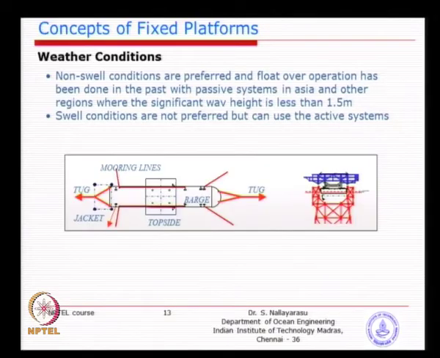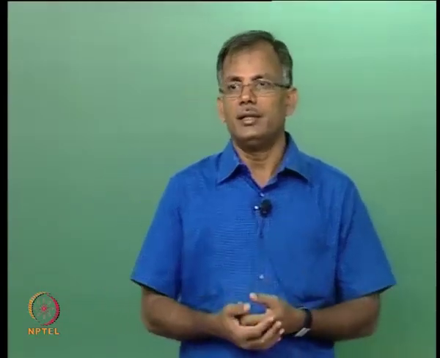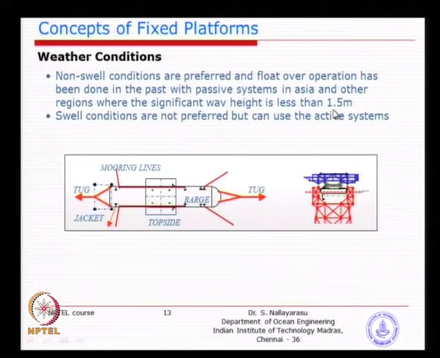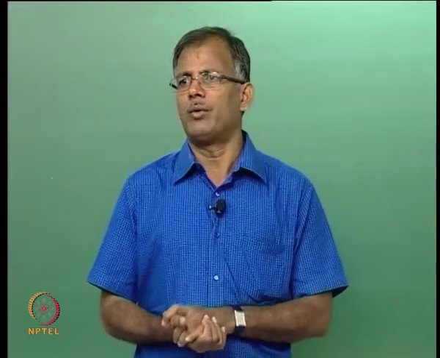So, wherever the sea conditions are expected to be long period swells, you should avoid it, number 1. If you cannot avoid it, then we need to design it in a slightly different way with a sufficient margin. And normally wave heights shall be less than 1.5 meter. You can imagine, if you go to a beach even today, you will easily see this type of wave height, 1 meter, 1.5 meter.